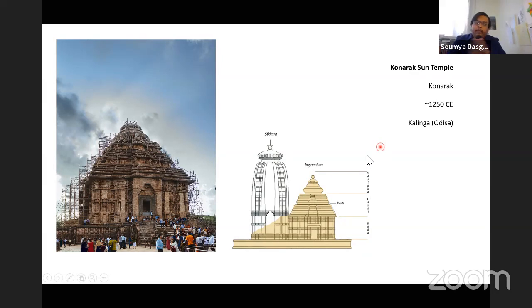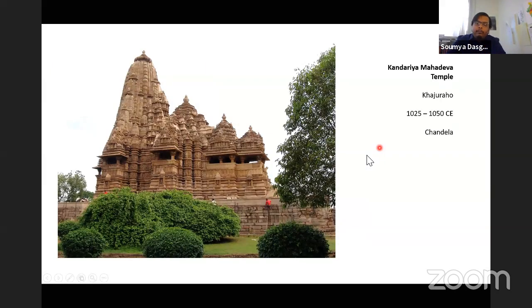Then perhaps the most famous, the most well-known, the most articulate, and the most mature design, and I use the word perhaps because it's always a perhaps, it's a subjective understanding, is the Kandaria Mahadeva temple in Khajuraho. Many of you might have looked at this example, may have visited it as well. It is really a work of art at one of the highest levels,